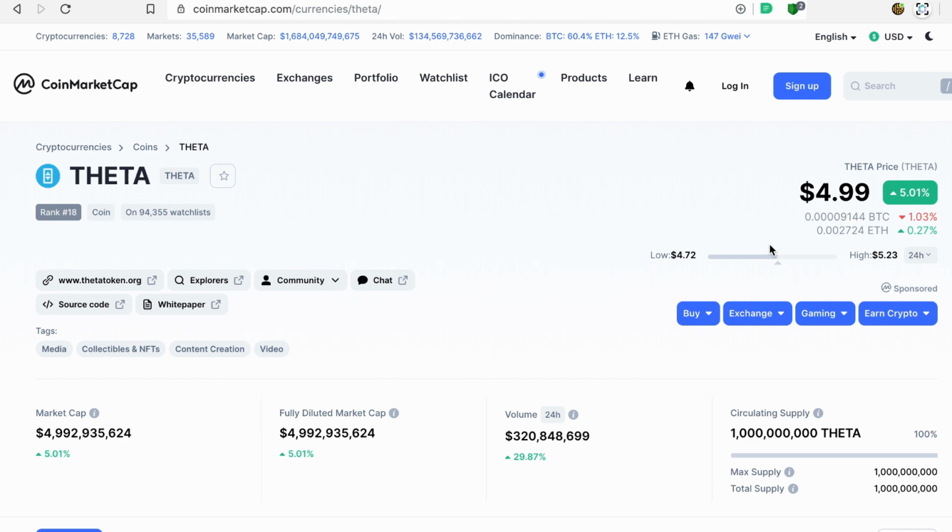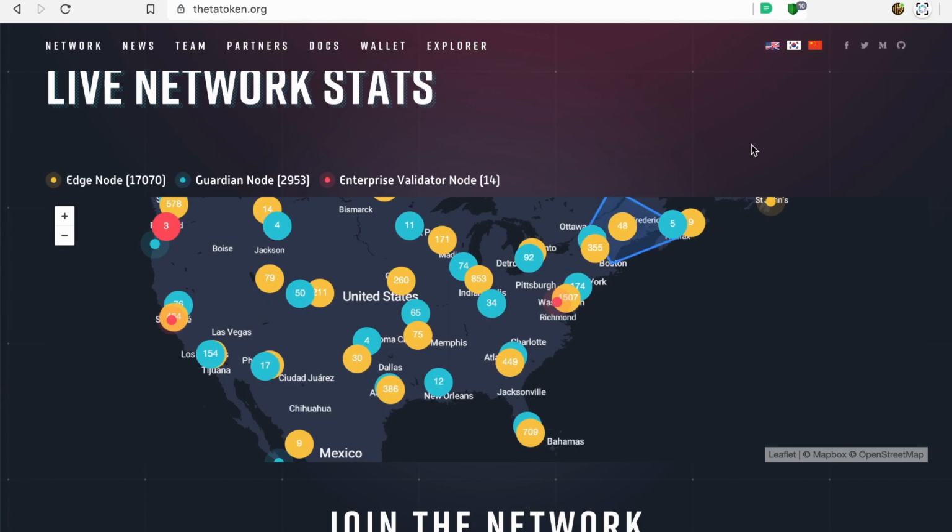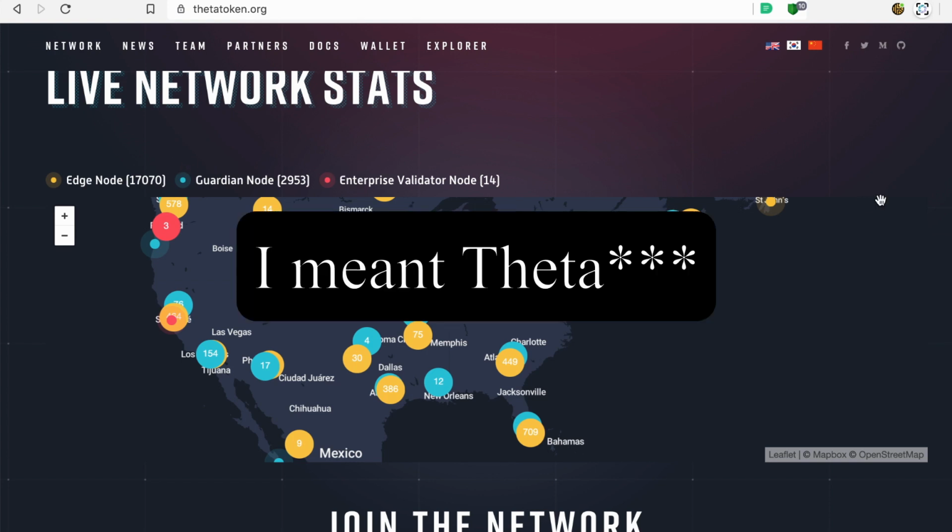0.000001 tfuel to do a transaction. So essentially, if you had one tfuel, you could make transactions for the rest of your life. I mean, there's so many transactions that can happen through one tfuel. But essentially, the way that it works is these enterprise validator nodes and these guardian nodes can take their tfuel